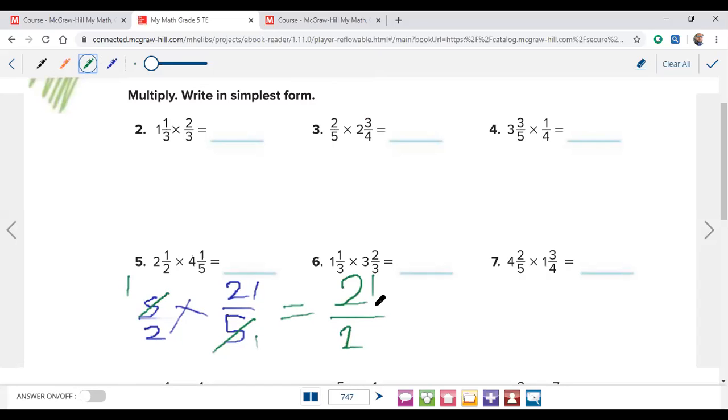21 divided by 2, it can't be. Go for another one less than 21. Which number less than and closer to 21 is divisible by 2? Yes, which is 20. 20 divided by 2 equals 10. So it will be 10